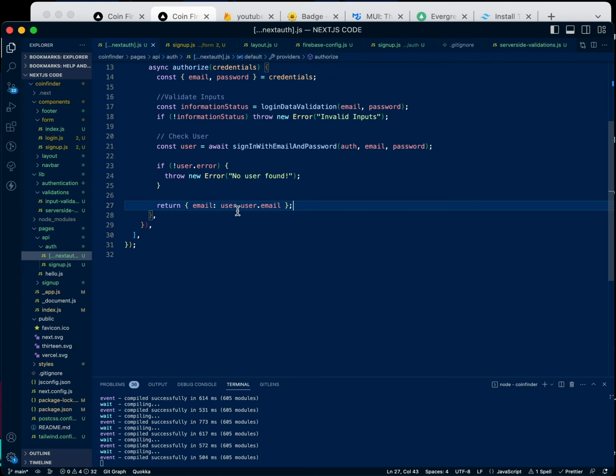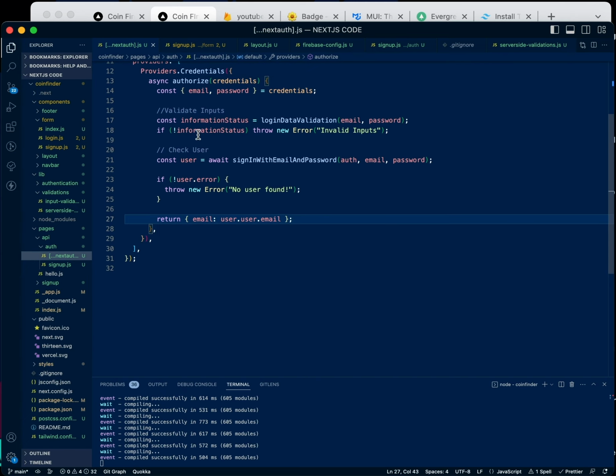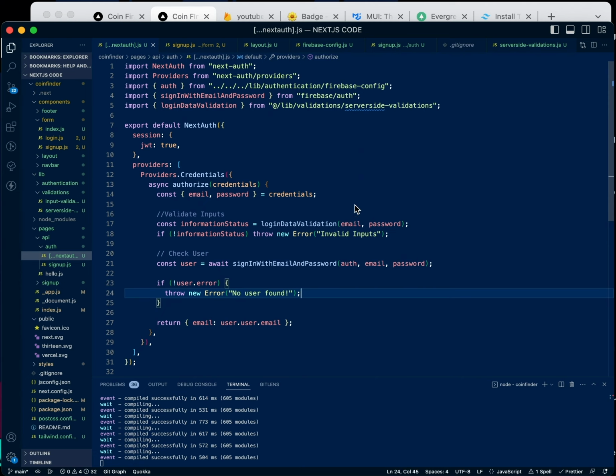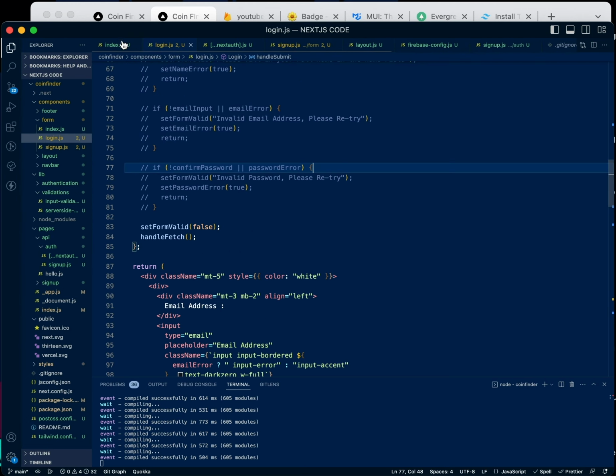So return the email, the user.email, or you can just say return email equals this email that the user sent, because yes, it did exist, if you just want to do that. But I will do it this way, and that is that for our login code. So now we're going to go back to our login page,